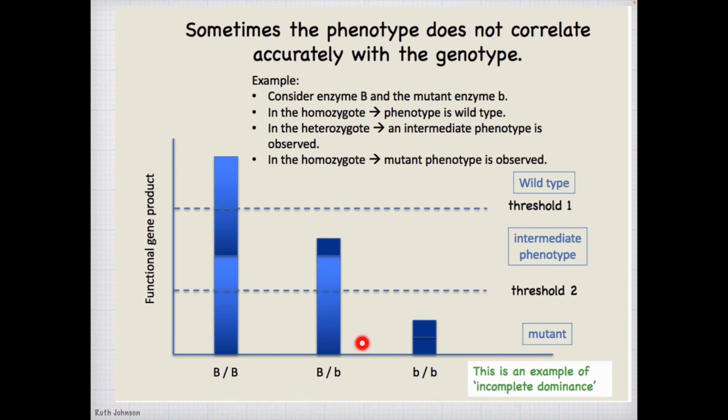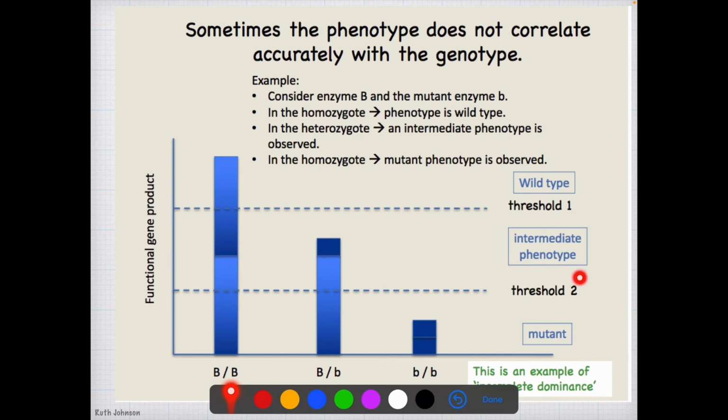Sometimes the heterozygous phenotype is called an intermediate phenotype because it's in between the dominant and the recessive phenotype, but it really depends on what trait you're talking about. So some examples of this might be flowering time for plants. So certain plants might flower early, and then there might also be an allele for late flowering, but